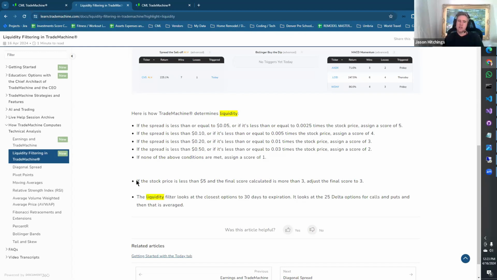One little caveat is that if a stock is trading at, say, $4.25, we made a cutoff at $5 and said we're going to give it a max liquidity of 3, because now you're talking about stocks that are a little bit more on the fringes, and they are a little less predictable in terms of what their markets are going to be doing. So if it's under $5, we give it a max score of 3, even if it looks relatively tight. And I think an area in the future where we might, between say 5 and 10, or maybe certain stocks are trading at 350, but the markets are penny wide,